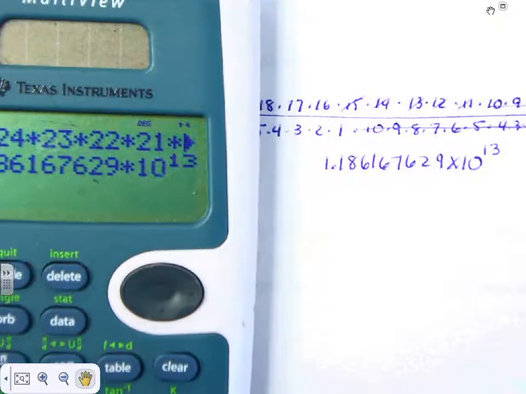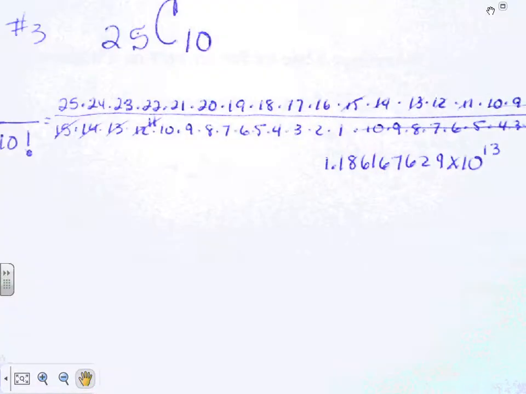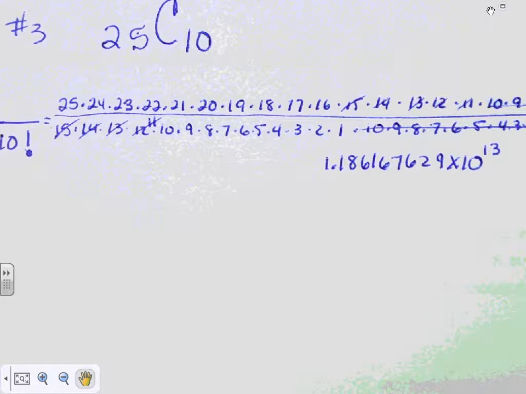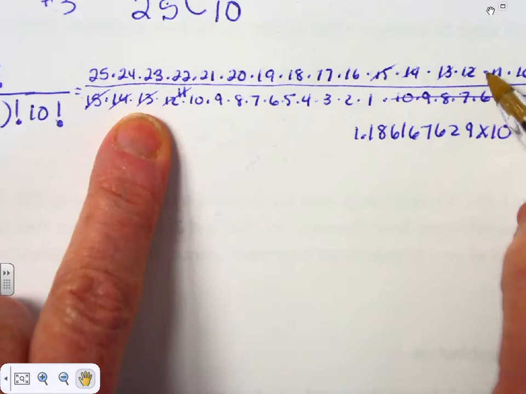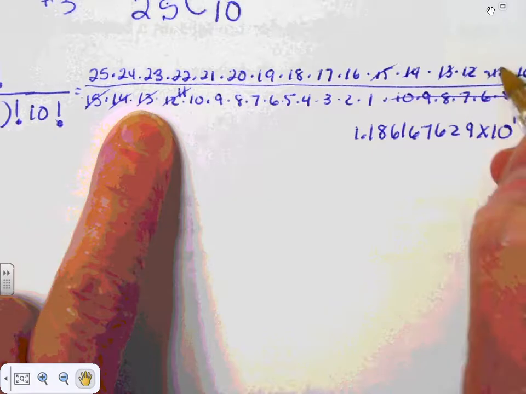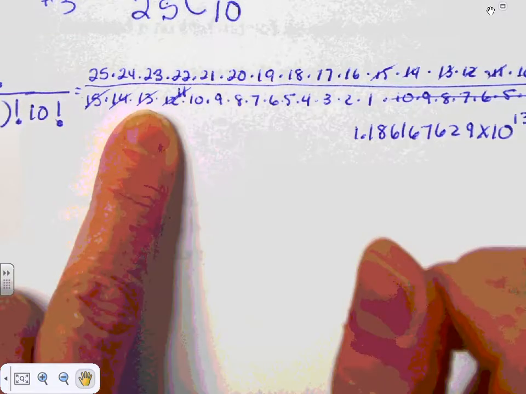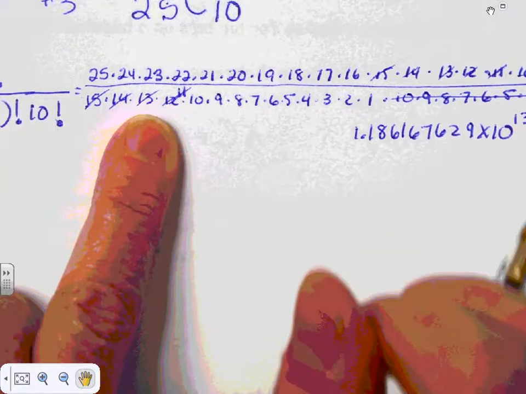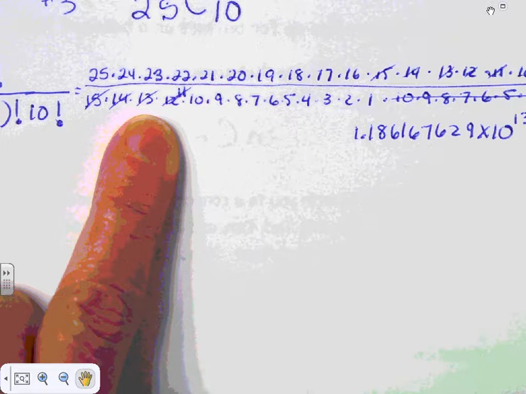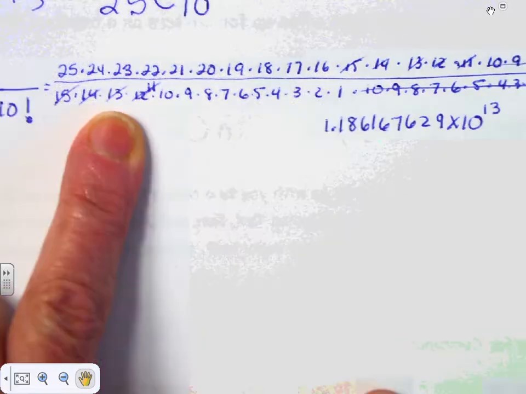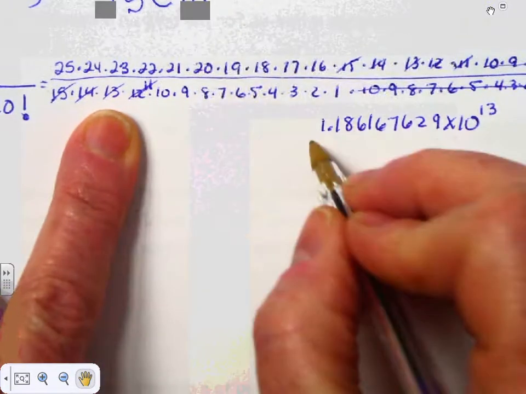Ma'am? Why did you cross off? Because I had matching numbers on the top and the bottom, so I was able to cancel them out. Anything that matches the top and bottom, you can cancel out. It's like a fraction. Simplifying a fraction is really all you're doing. So this is the numerator now. And then the denominator,